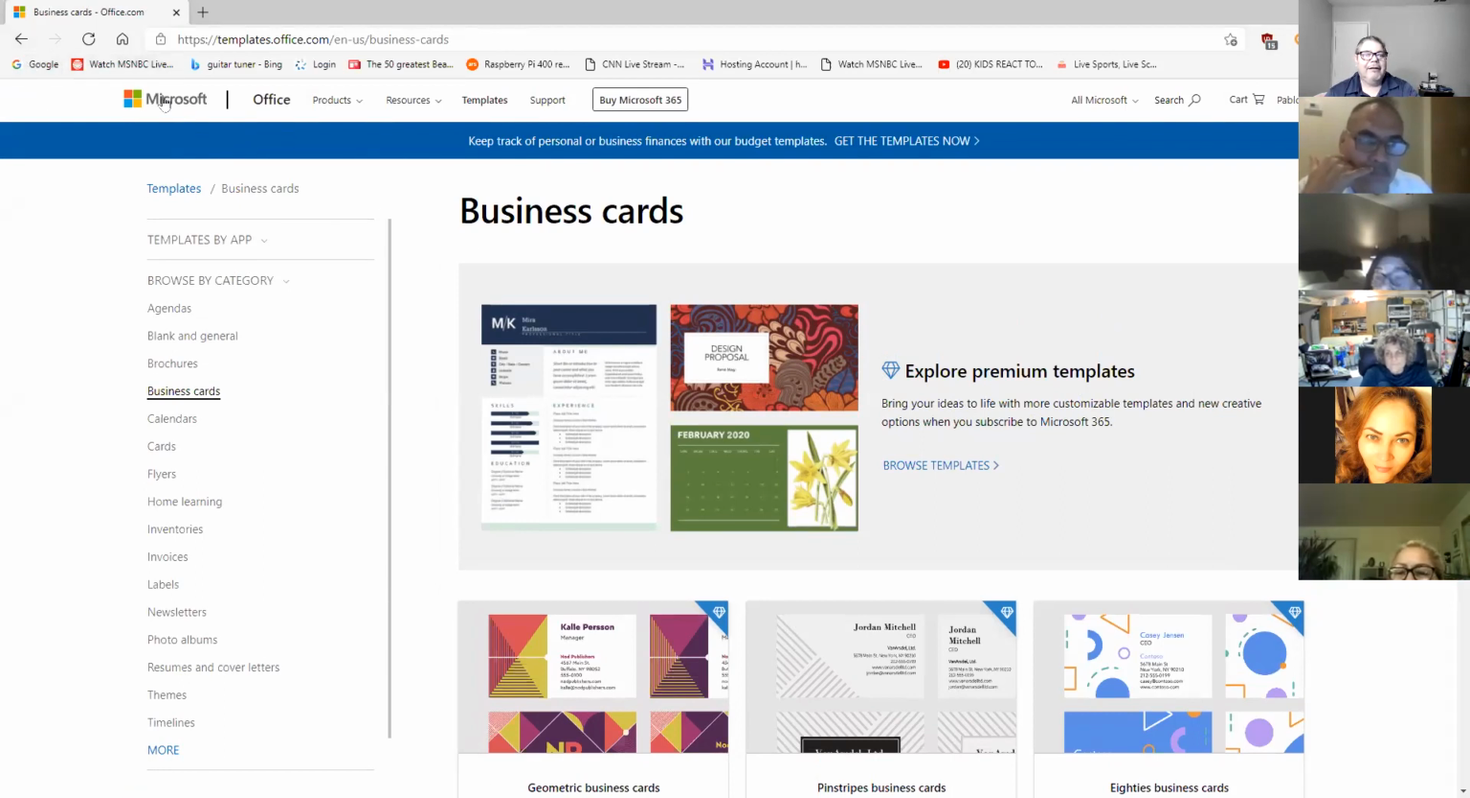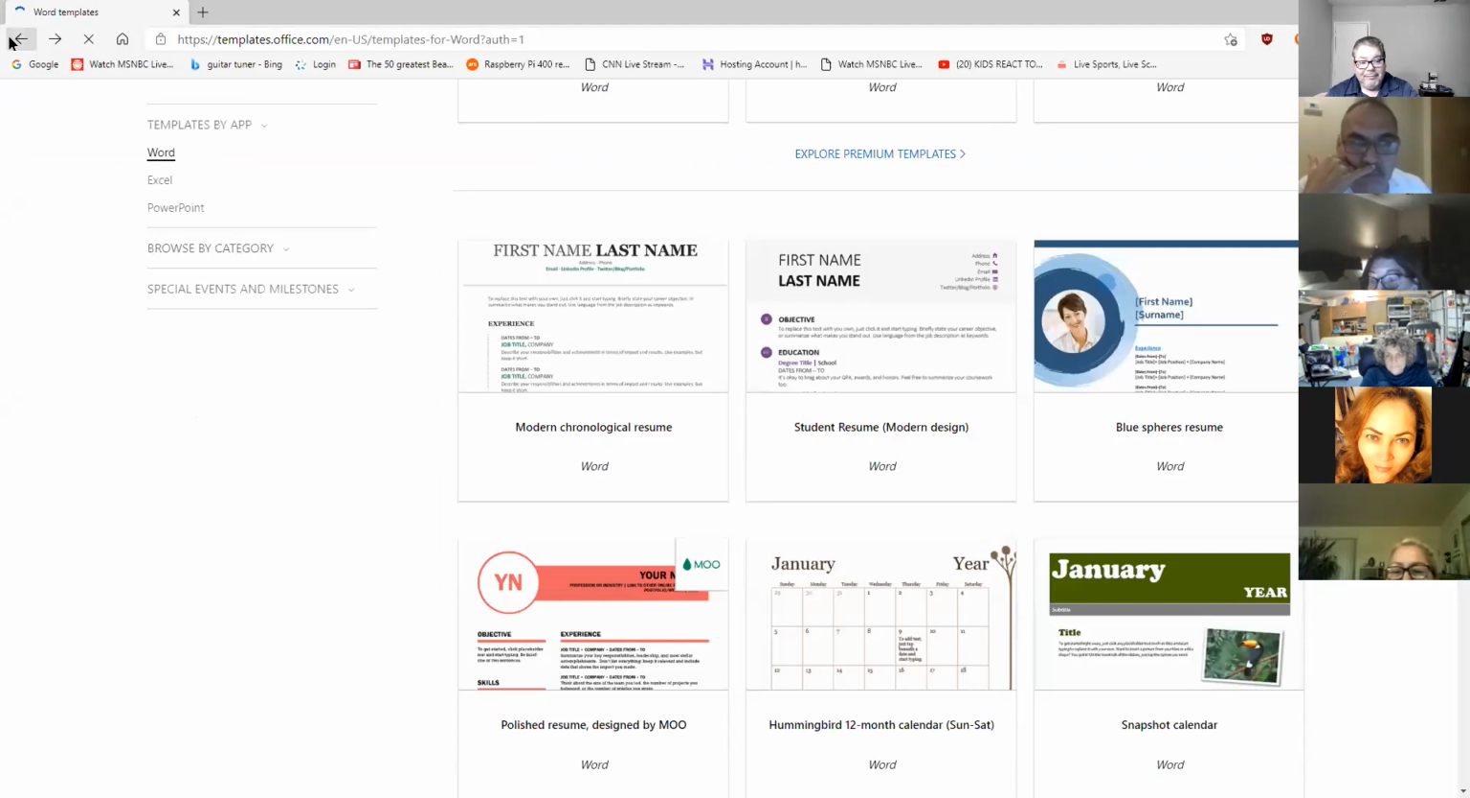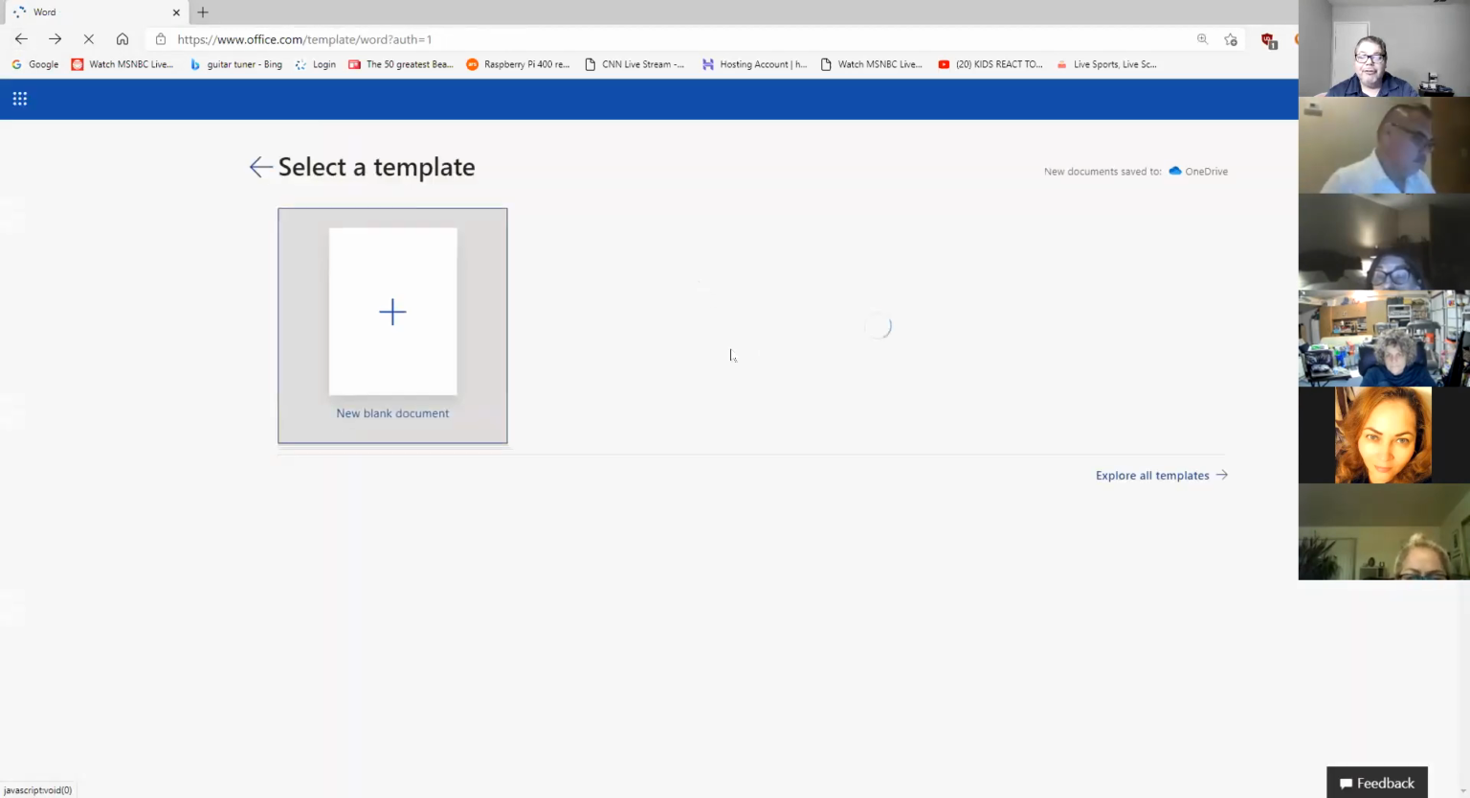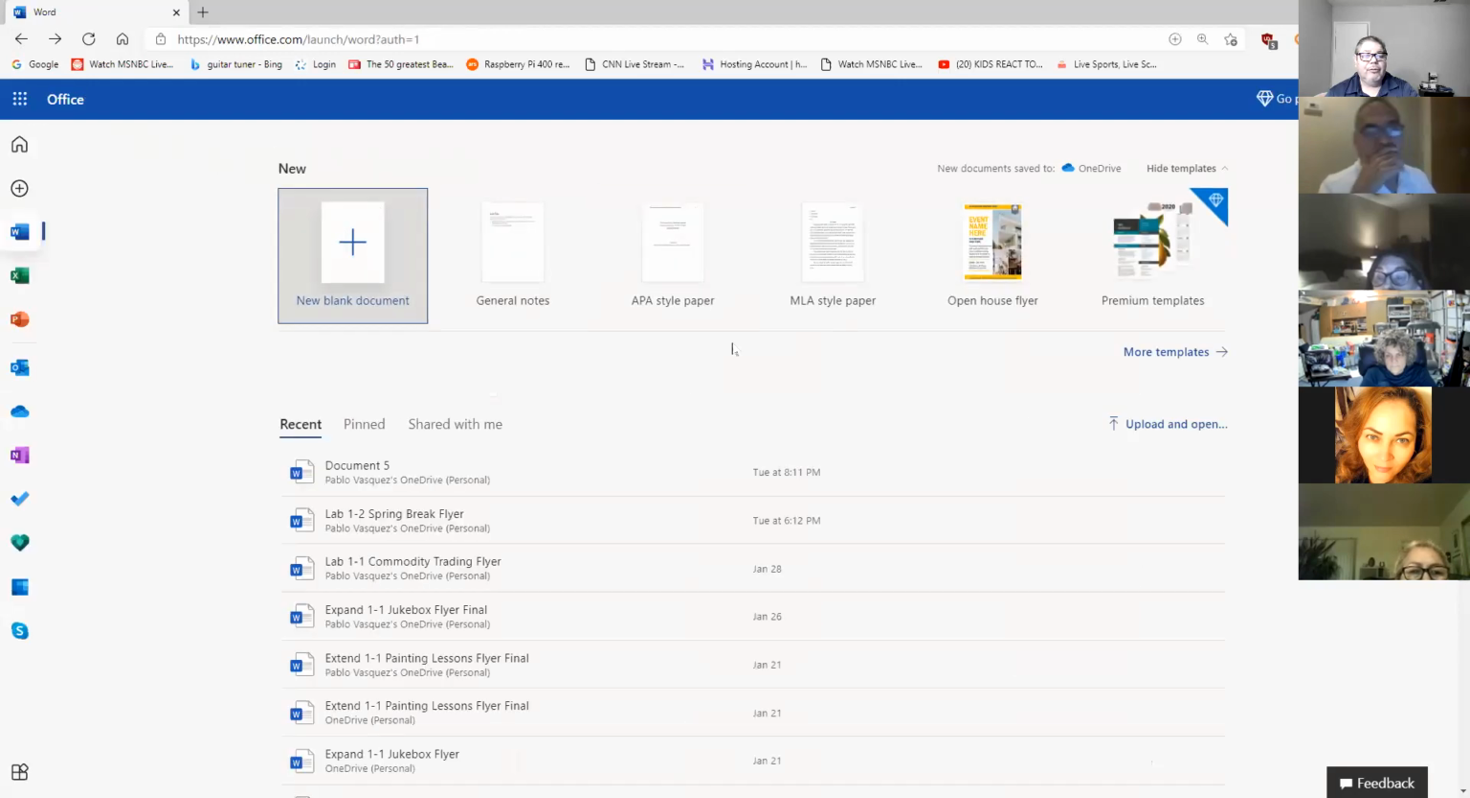Anyway, so yeah, it does have that. Let me go back here. But yeah, you can do it. It has all kinds of templates. It's really nice to work with templates. It makes it really easy. They're a little tricky sometimes to work with, but they're there. All right, so let's go to new blank document,